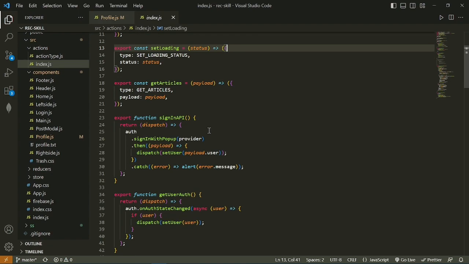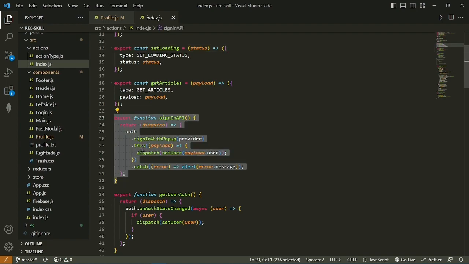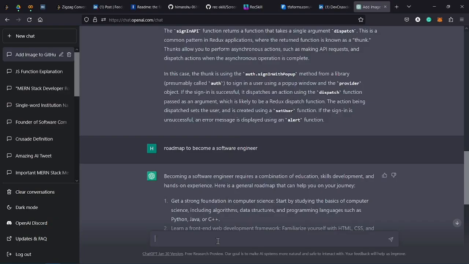It might happen that you are not understanding a particular part of that code. For example, this function signInAPI. From the name you can understand, but what exactly is happening there? We are using auth and then we are using provider, and if you are not understanding these small things. And this is not just in the case of full stack, you can even do this if you are programming in Java or C or Python or whatever it may be, right?